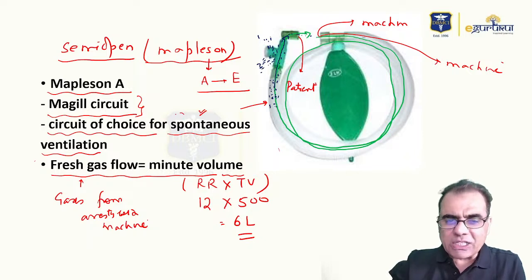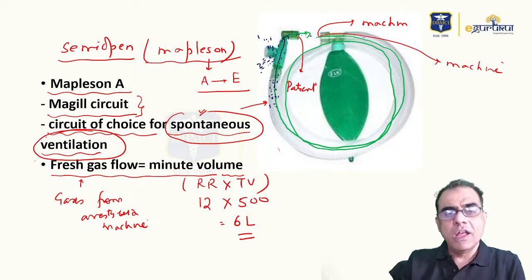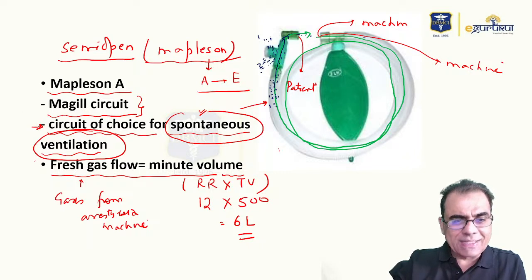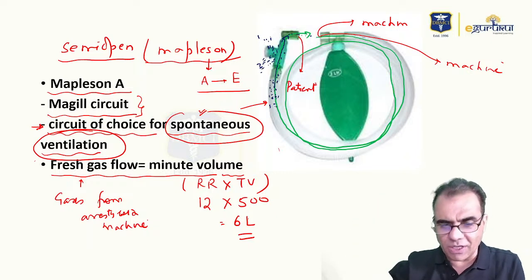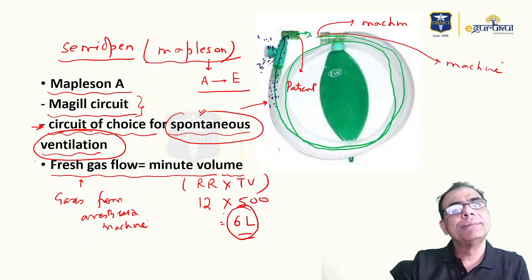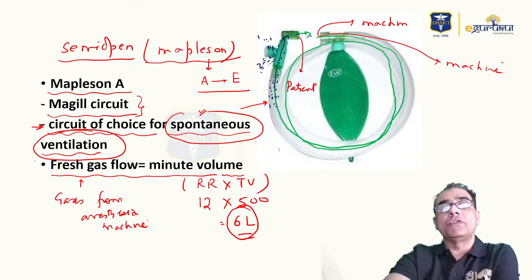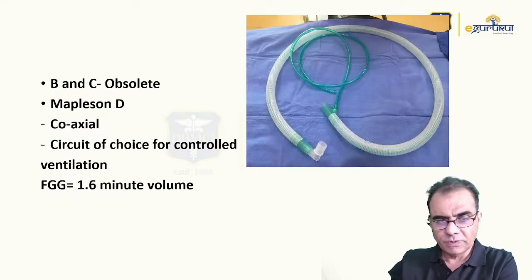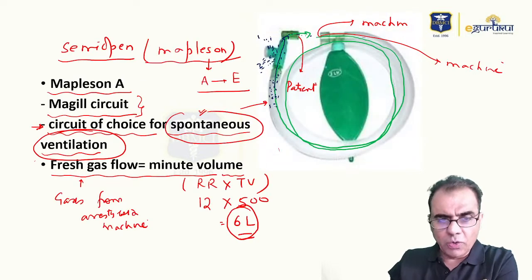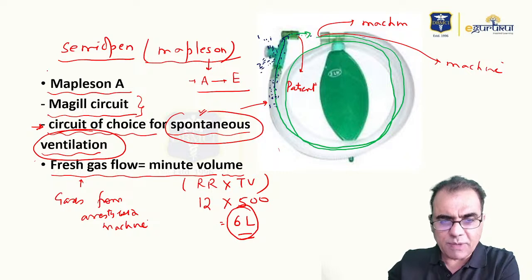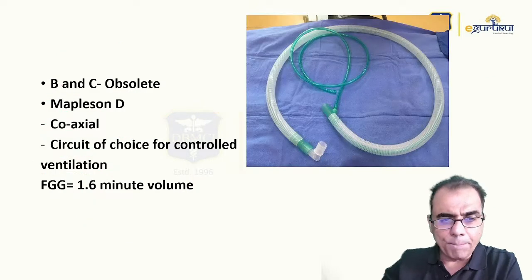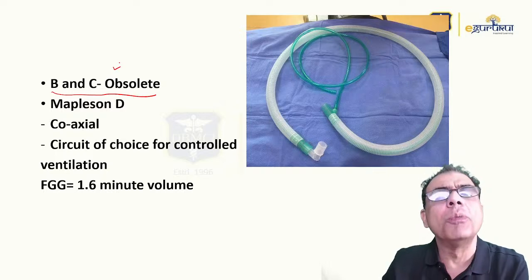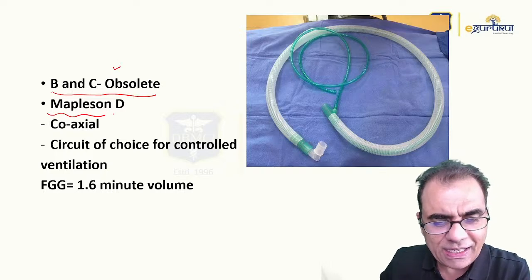So if the patient is spontaneously breathing, means taking breath by himself or herself, then you prefer McGill circuit. And fresh gas flow, means gases coming from the anesthesia machine, should be kept at 6 liters. So that's why I told you one part of the anesthesia machine is you can set the flow rates. Now I told you from A to E. So this is Mapleson A, McGill circuit. B and C have some problems. They are obsolete. Then Mapleson D